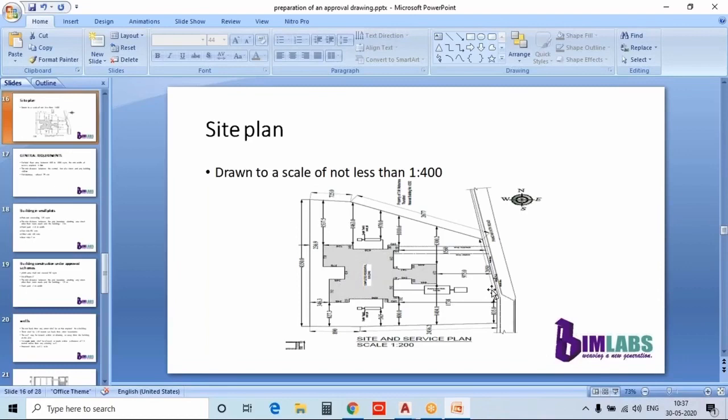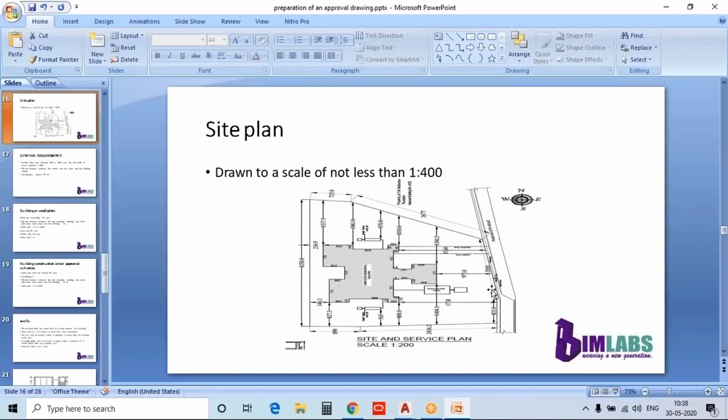Then the access to each plot subdivision you have to mention, and the layout of any service roads, footpaths, and any public parking spaces proposed or existing, you have to mention that also. And the area and location of any land within the plot that is undevelopable, such as steep terrains, marshes, you have to mention that. The area and location of any land within that plot that is not proposed to be developed or redeveloped. Then the area and location of any land that is proposed to be reclaimed, that land you have to mention. Then the main thing is the north direction.